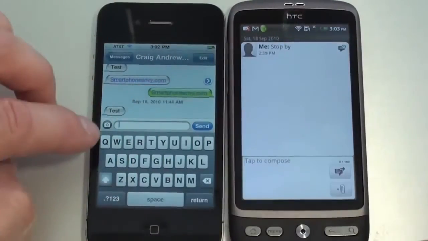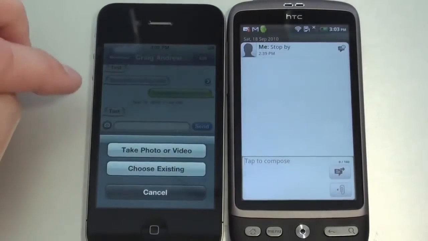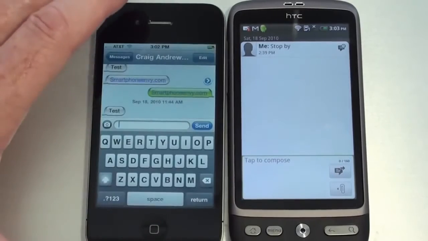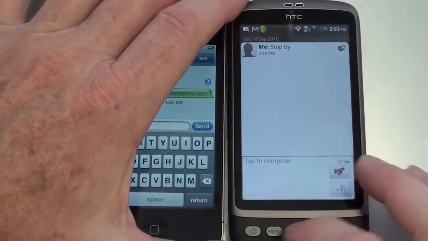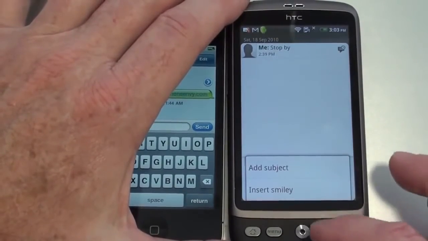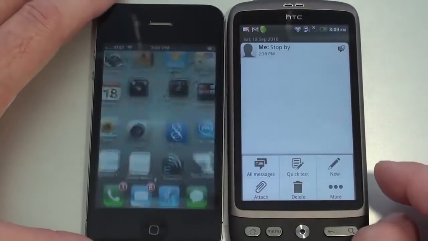On the iPhone 4, you've got a little camera here. Pushing on that, it allows you to take a photo or video and attach it, or choose from the gallery to add an existing video. Also under the menu key, under More, you can add a subject line, or you can insert a smiley as well. In email,